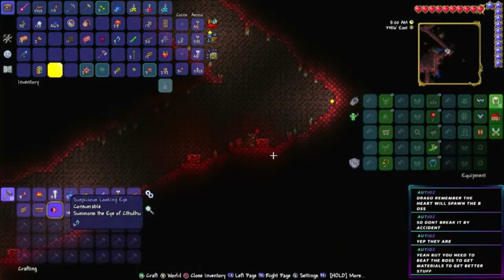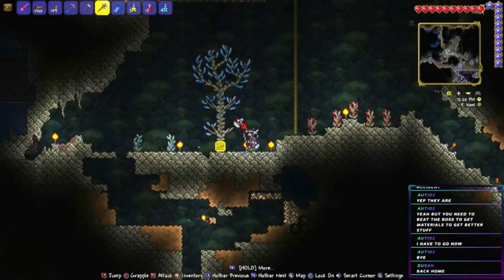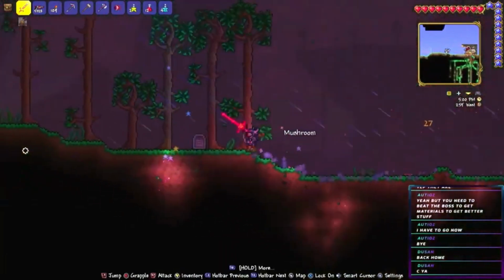Anyways, once it was daytime, I went back to the Crimson to make another summoner. After I crafted the summoner, it was still daytime, so I went down, harvested some gems, waited out the day, but upon nightfall for round 2...